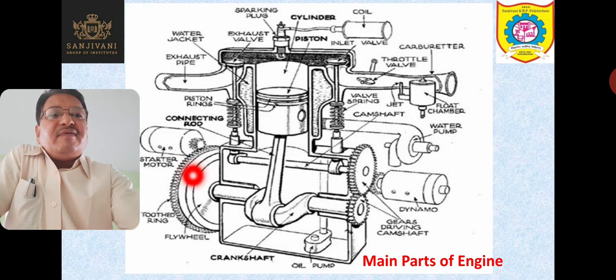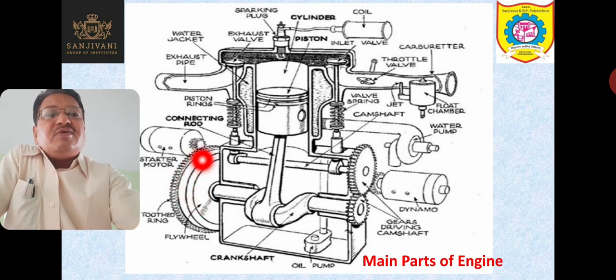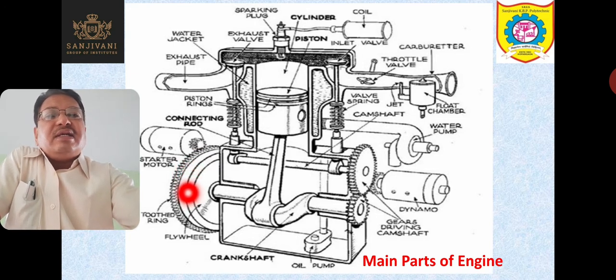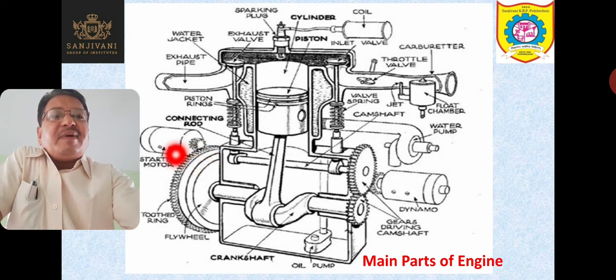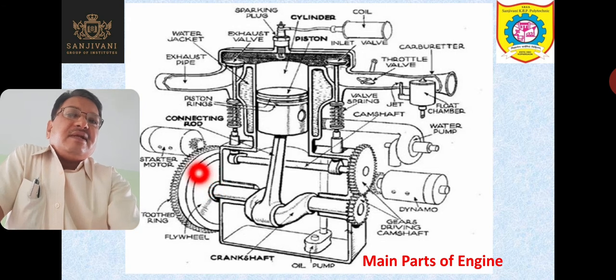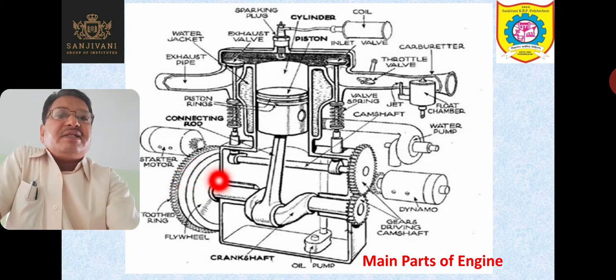And mounted on the flywheel, you can see that there are gear teeth. So these gear teeth are mounted on the flywheel, and this flywheel is driven by the starter motor with the help of this gear pair. So the starter motor can start the engine in this fashion. This small gear will rotate this big gear which is mounted on the flywheel, and thus the engine will start, right?